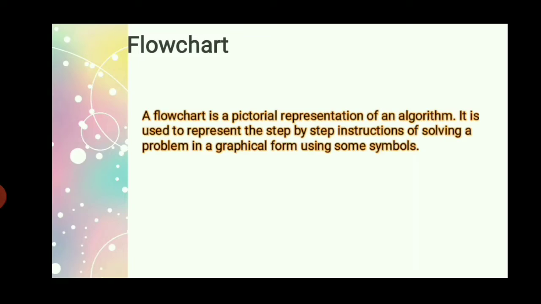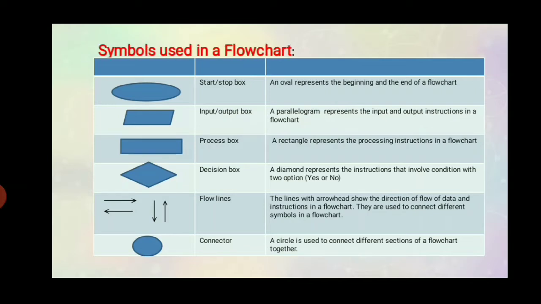First of all, the flowchart meaning is the pictorial form of an algorithm. It is just a pictorial way to represent the logic to solve any problem. I already said there are three methods to represent programming, or to develop your thinking skill, that is algorithm, flowchart and pseudocode. So flowchart means using some symbols, that is the pictorial form. You can see here some symbols that are used in a flowchart.